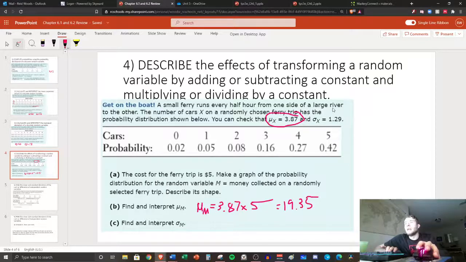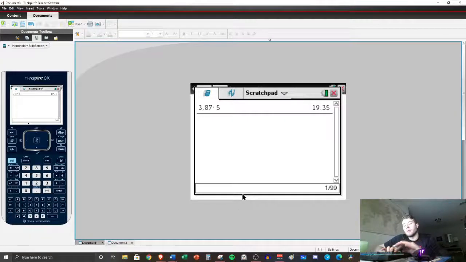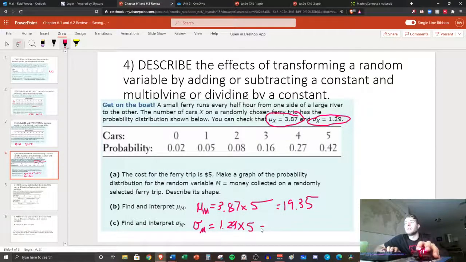Okay. Then for multiplying, we do the same thing. We're going to take this and multiply it by 5. So sigma of M is equal to 1.29 times 5. Let's see, we get 6.45. There we go. All right, so we got that value, and that's how we're supposed to do these